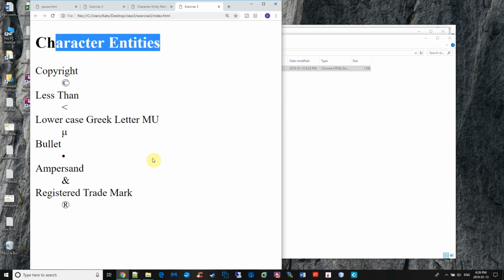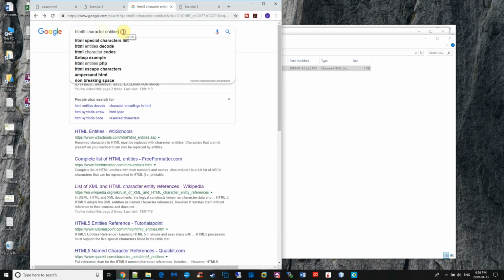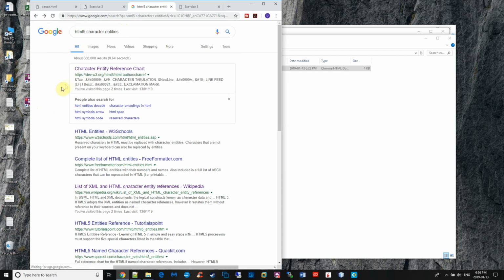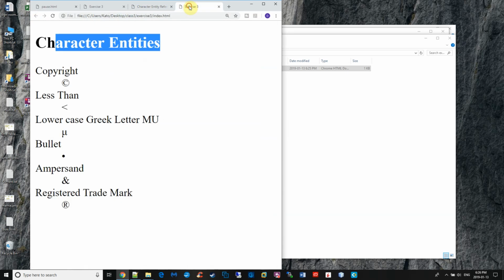Now, to find out the code or the mnemonic for the character entity, go to Google, for example, like this, and type in HTML5 character entities. And then I like this reference chart one, but any of them will do. And look for the character that you need. So we have the copyright symbol, the less than symbol, the lowercase mu, a bullet, the ampersand, and a registered